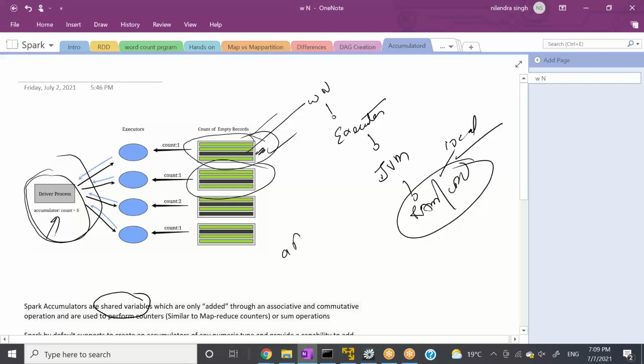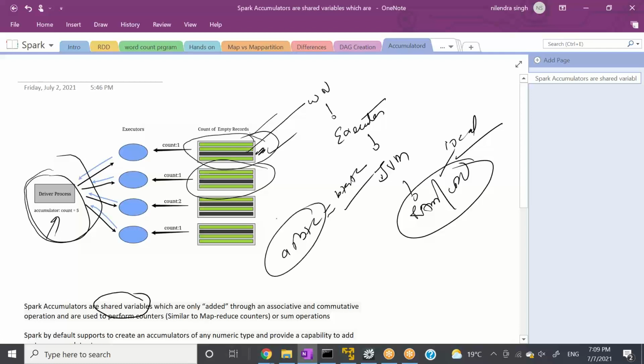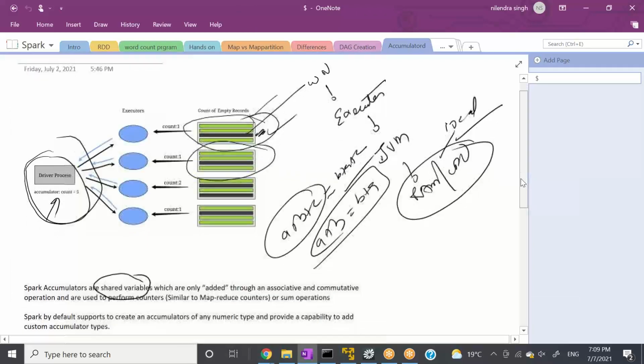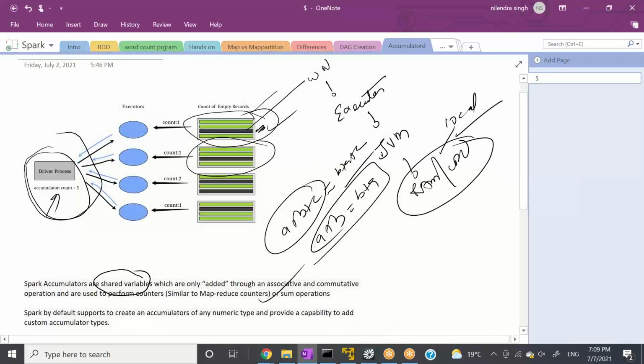Associative means A plus B plus C is equal to B plus A plus C in some way, and commutative means A plus B is equal to B plus A. In very simple mathematics, they will be used mainly for addition.